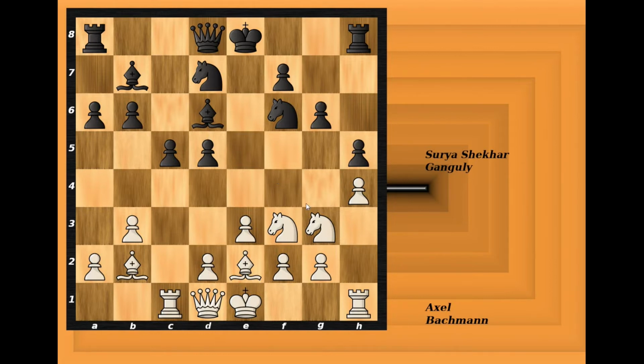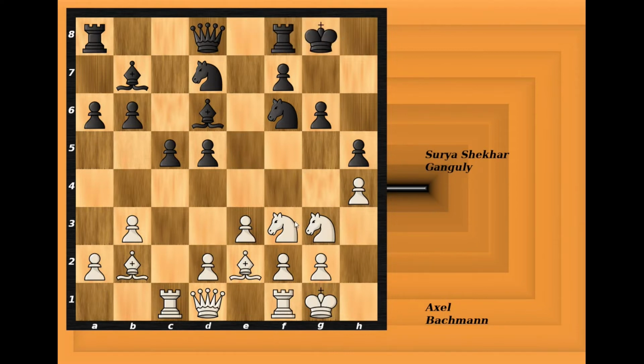Maybe black was targeting this knight on g3, which is only protected by this pawn on f2, and maybe later somehow trying to undermine this pawn on f2. Anyway, in the game, white castles king side and black does the same. Now the pawn structure around the black king is weakened, so white has a slight edge, and